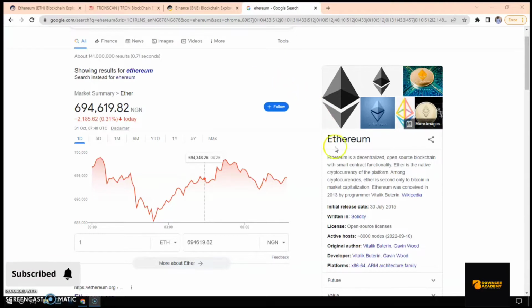And yeah, so let's talk about the Ethereum. This is more like a summary here. Ethereum is a decentralized open source blockchain with smart contract functionality. Ether is the native cryptocurrency of the platform. Among cryptocurrencies, Ether is second only to Bitcoin in market capitalization. We'll come to all this later on. Ethereum was conceived in 2013 by programmer